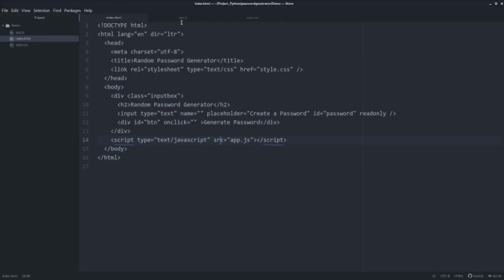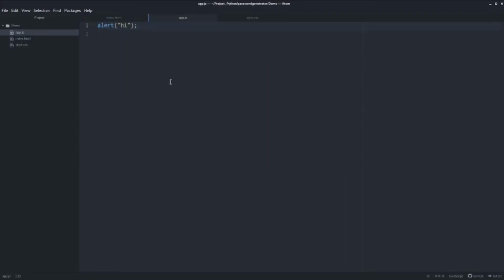Now that the file has been added, the next thing we want to do is call a function once this button gets clicked. You can name this function anything, but just for the sake of simplicity, I will name it generatePassword. And indeed it's a function, so we'll add parentheses and a semicolon after it. You can also name it generateRandomPassword. It's completely up to you what to name it, but generateRandomPassword would do for me. Now we'll just create this function